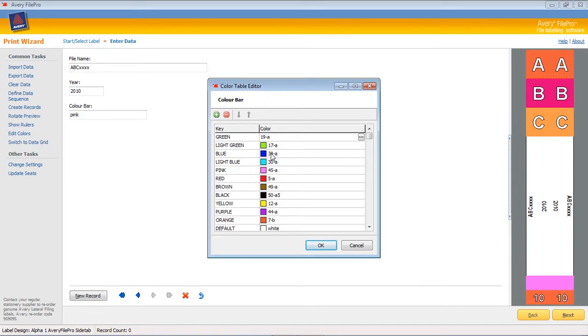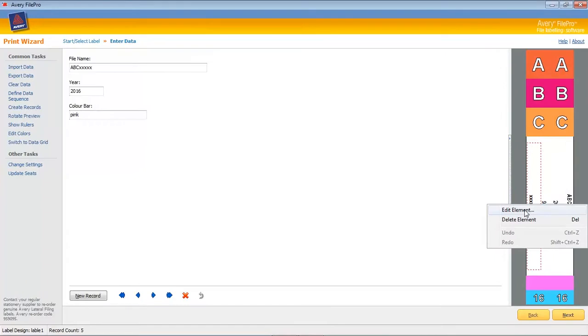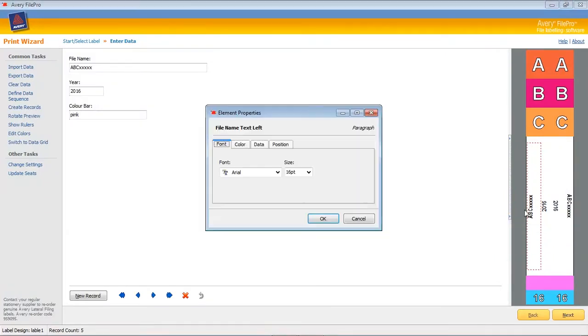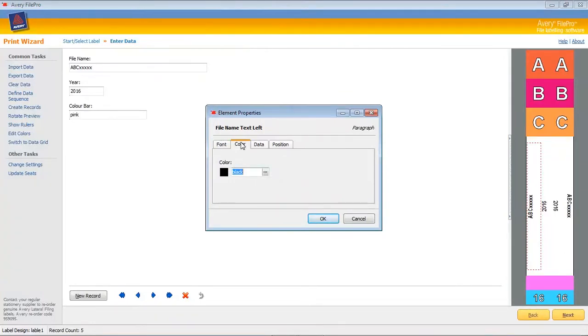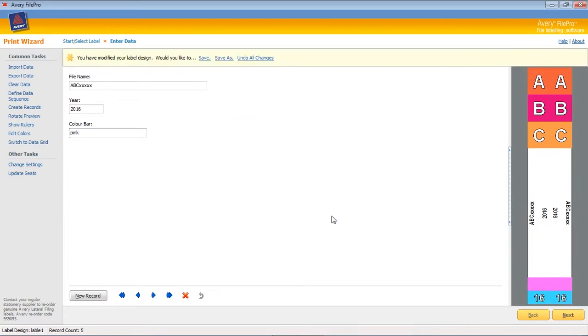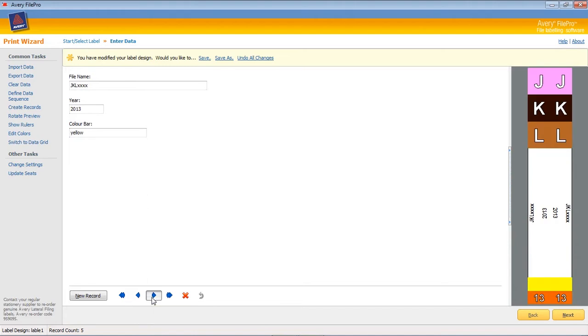You can also edit the elements of the label by right-clicking on the element to highlight it. The Element Properties dialog box will appear, where you will be able to change things like font size, band color, move an element's position. After all data has been successfully input and any template customization has been completed, clicking the